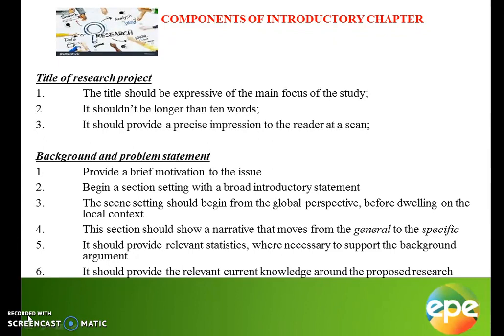The background provides a brief motivation to the issue. The scene setting on the background should begin from a global perspective before dwelling on the local issue of discourse. The background section should show a narrative that moves from the general to the specific. And in doing this, you need to provide relevant statistics where necessary to support the background argument. It should provide again the relevant cutting-edge and current knowledge around the proposed research while you are showcasing what actually